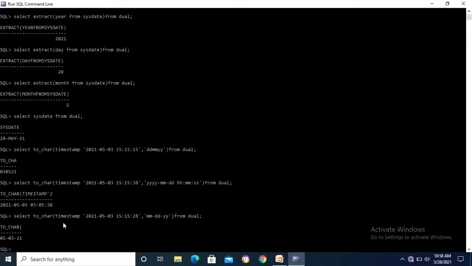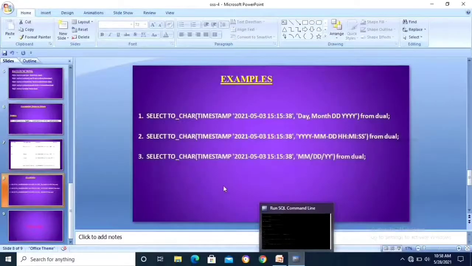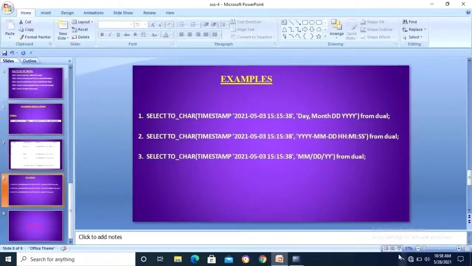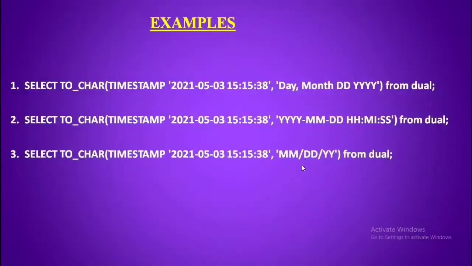Only month, date, year are displayed. This command is used to display only the date, not the time. Okay, these are the commands. Next, these are the example commands. So thank you all for listening.